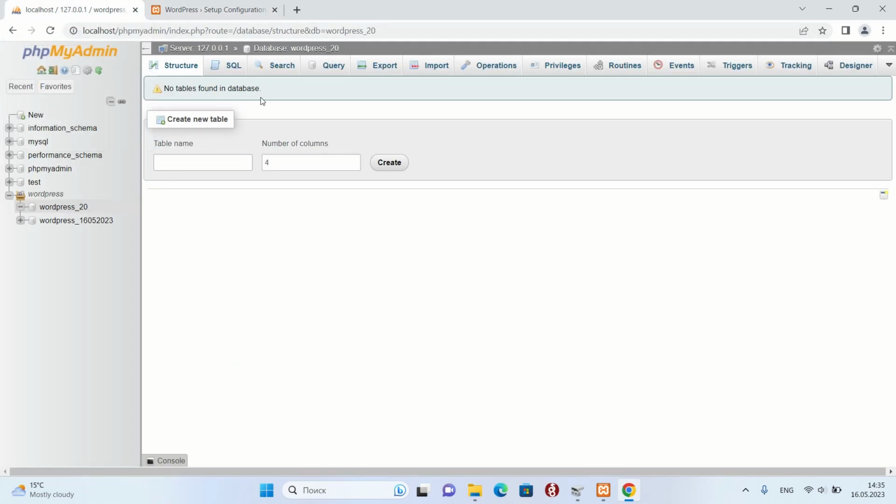Now I'm copying the database name, no password, and the user is root.